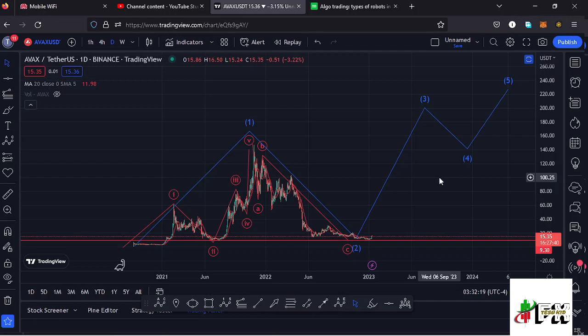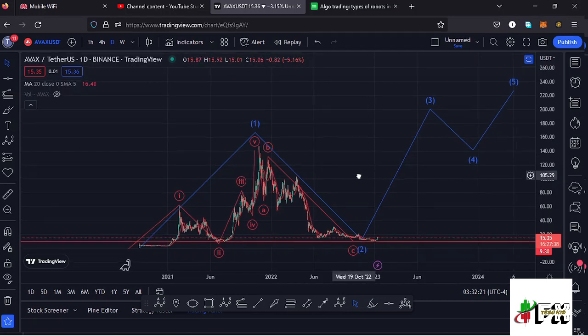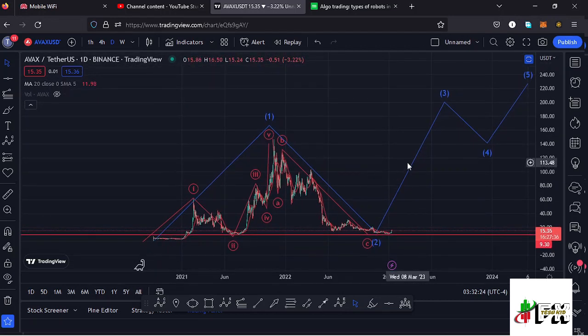And allow me to kickstart the video here on the daily chart by first giving you a recap of what has been happening, where you can see that from these low prices that we had been trading within, we saw a very nice bounce to the upside, obeying the Elliot wave structures and taking us to an all-time high at around the $148.13 mark in what I'm terming as a higher Elliot wave count 1 to the upside.